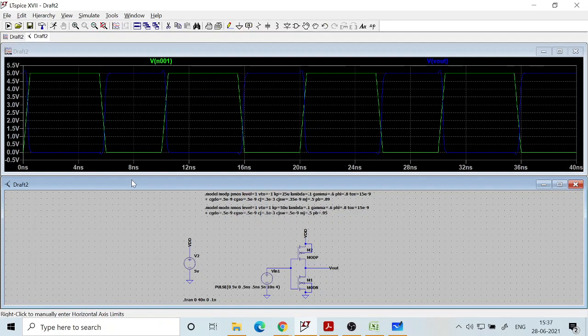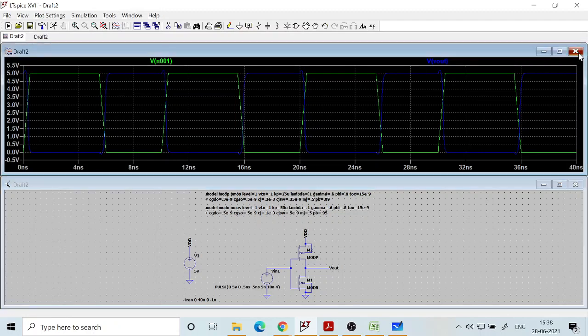Now as we have estimated in the earlier problem, a typical value of rise time and fall time is a fraction of a nanosecond, and we are plotting the graph in multiples of nanosecond, so 0 to 40 nanosecond. So even if you take one cycle, it is 10 nanosecond. So the rise time and fall time you can't really appreciate. It looks like all of a sudden it is going down.